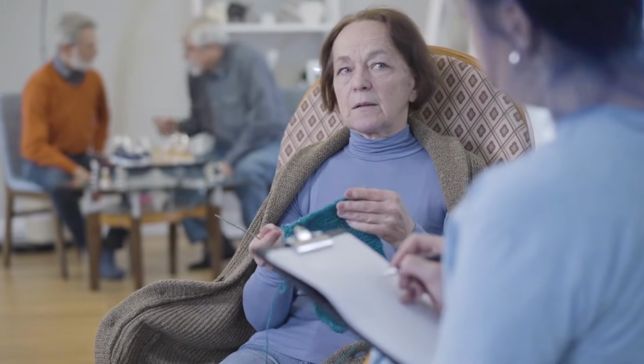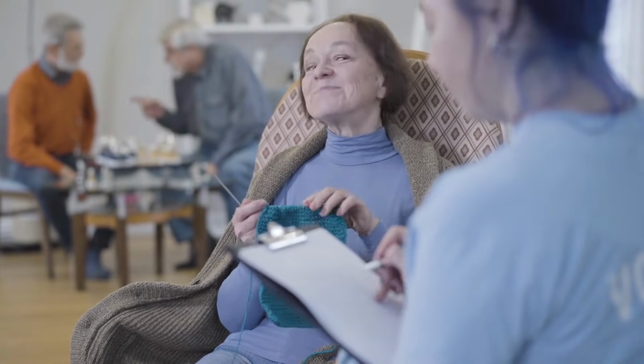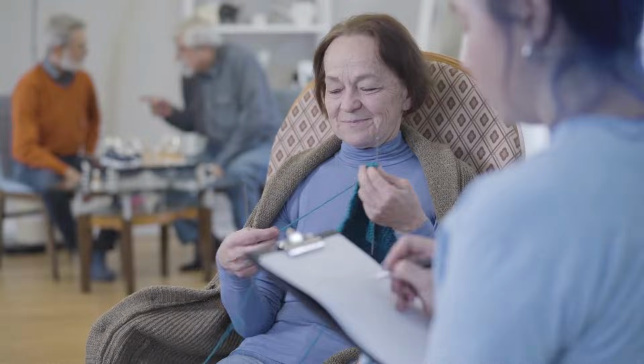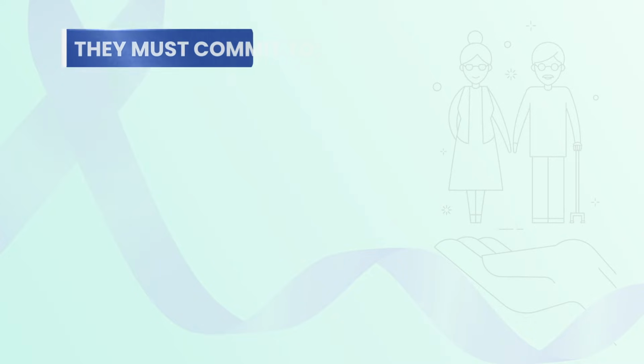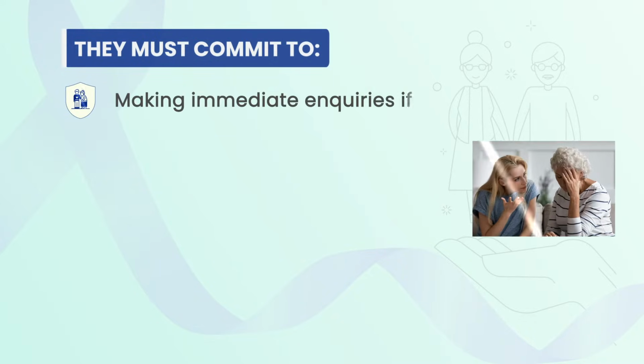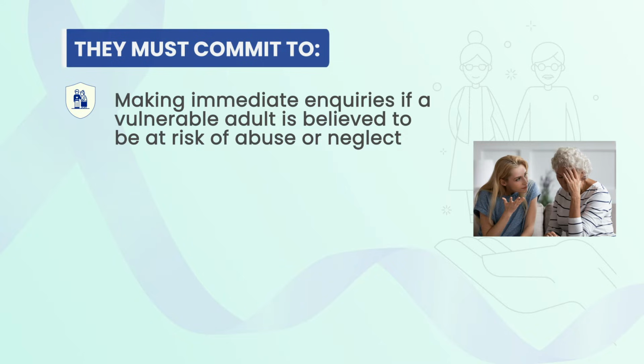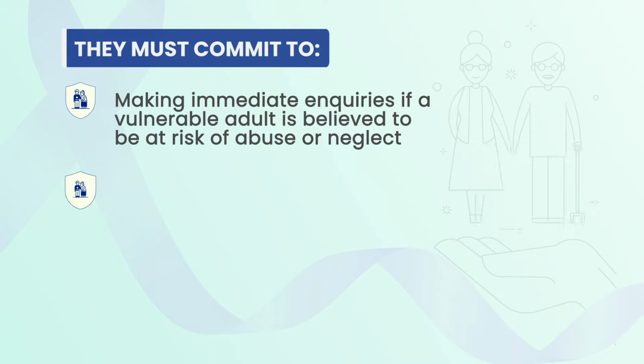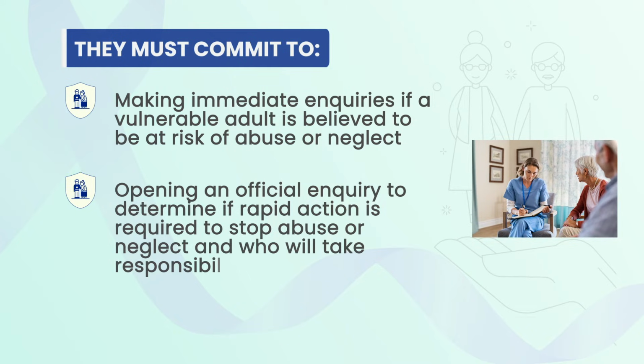With this spirit of safety and cooperation, local authorities are advised to comply with several directives regarding safeguarding adults. They must commit to making immediate inquiries if a vulnerable adult is believed to be at risk of abuse or neglect, opening an official inquiry to determine if rapid action is required to stop abuse or neglect and who will take responsibility for it,